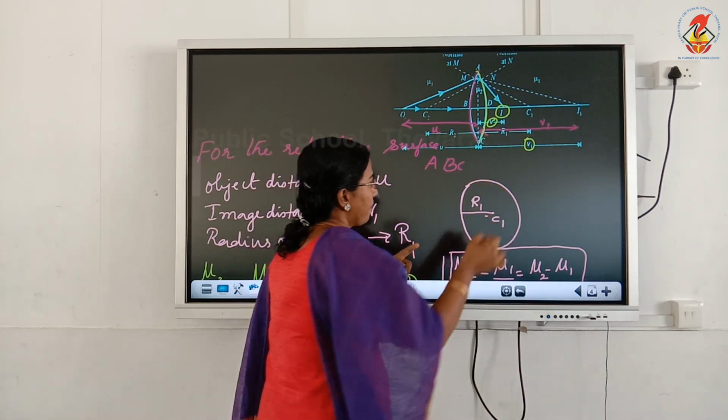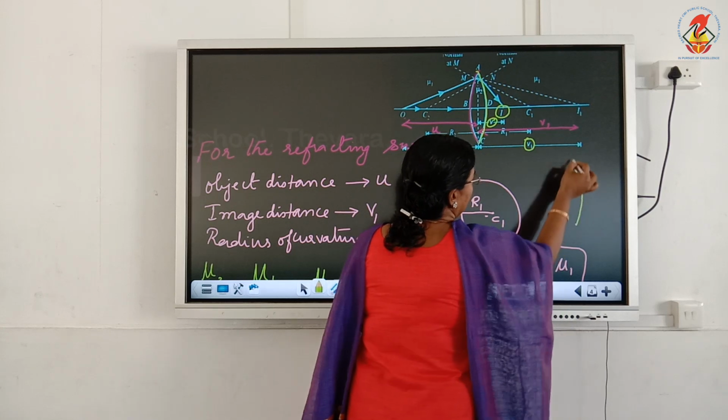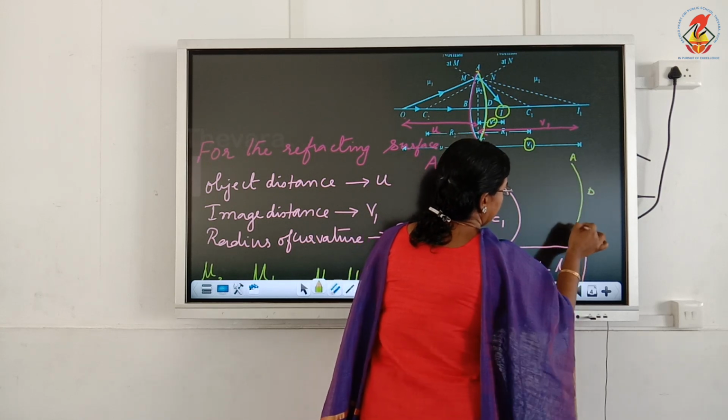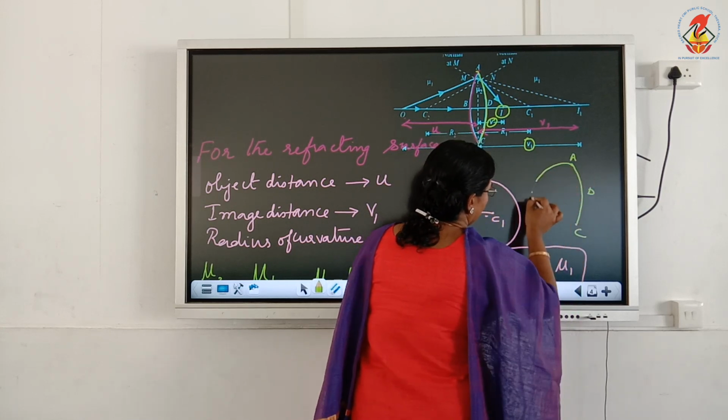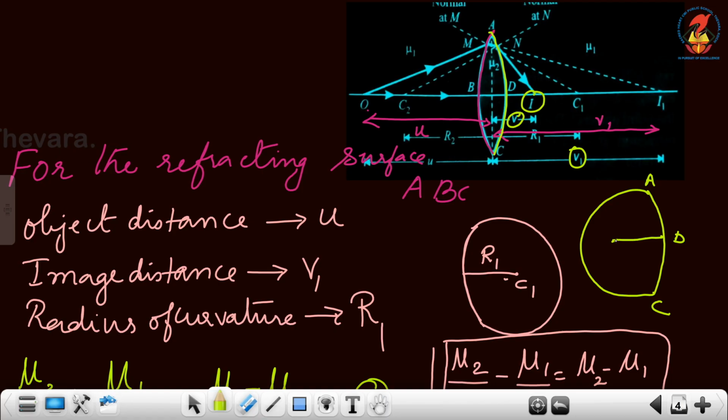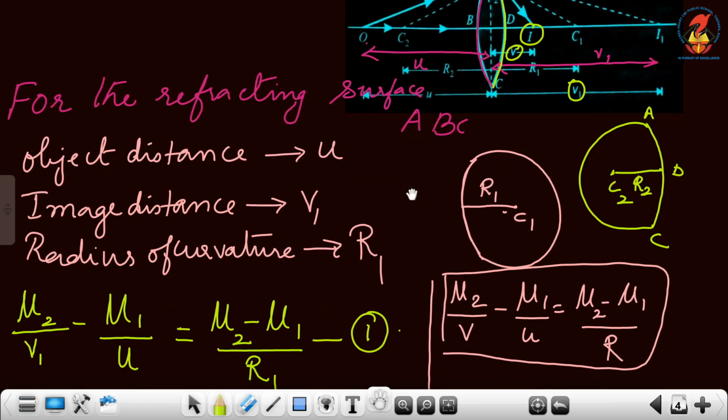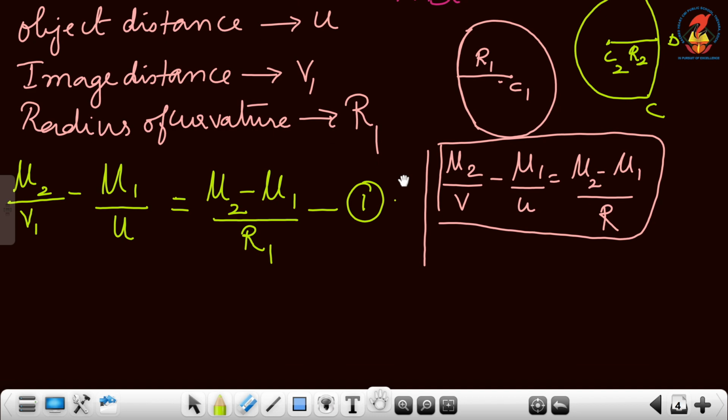And also for this spherical surface A, D, C, the sphere is to this side. So the center of curvature is here, C2. So the radius of curvature will be R2. Okay. So for the second refracting surface,